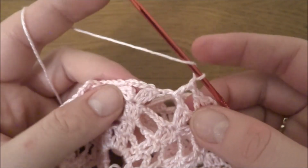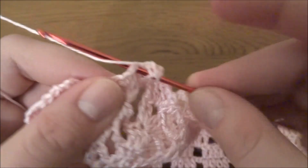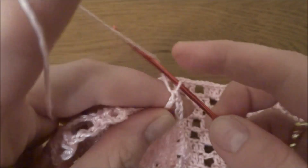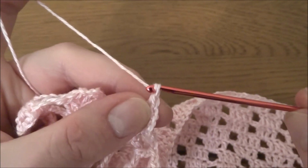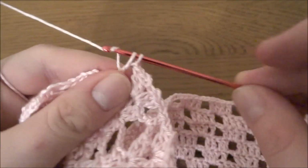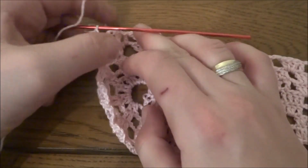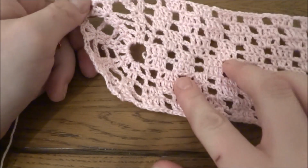chain of 1, and we are going into the next chain 3 space, and again 2 double crochets, 1 and 2, chain of 3 and 2 more double crochets, 1 and 2, chain of 1, 1 double crochet into the next chain 3 space, then chain of 1, and into the next chain 3 space, 2 double crochets, chain 3 and 2 double crochets. So this pattern we have to repeat to the last chain 3 space,